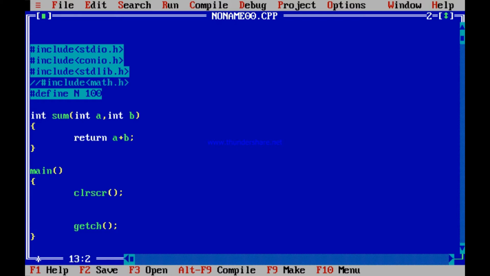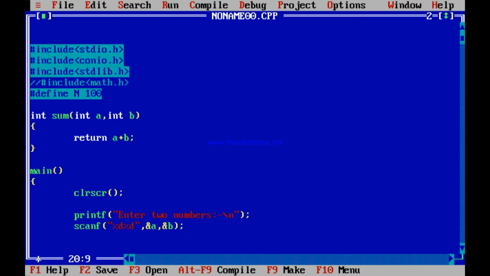Now what I mean to say is sum has to be called. So say I ask the user, printf enter two numbers which are to be added. The user will enter two numbers, and those need to be scanned into two variables, that is, %d, and then ampersand a and ampersand b.